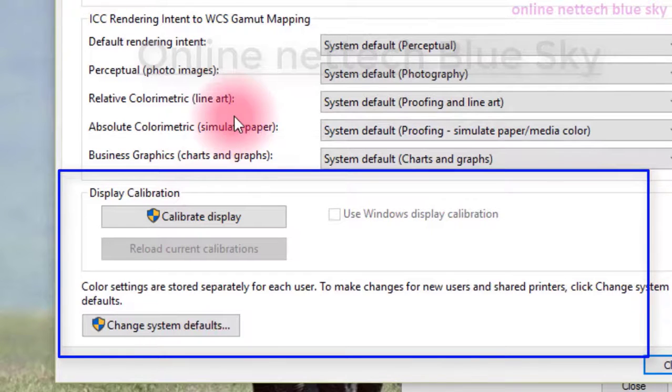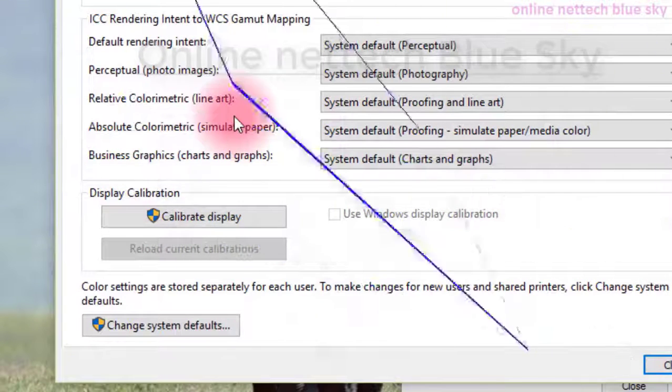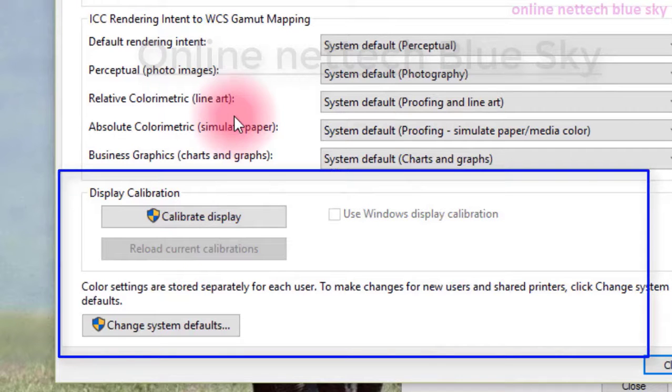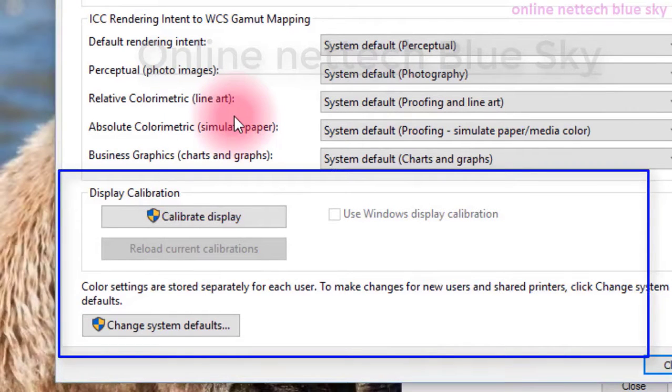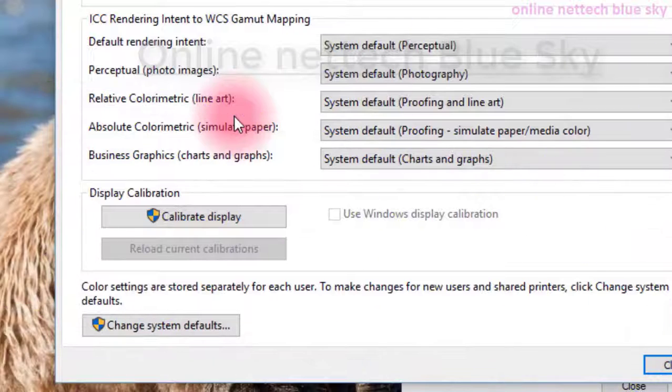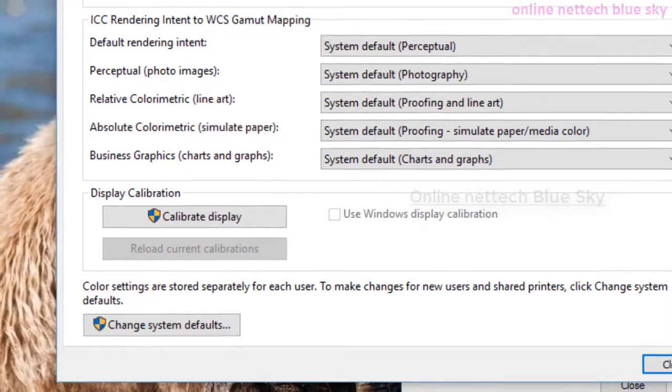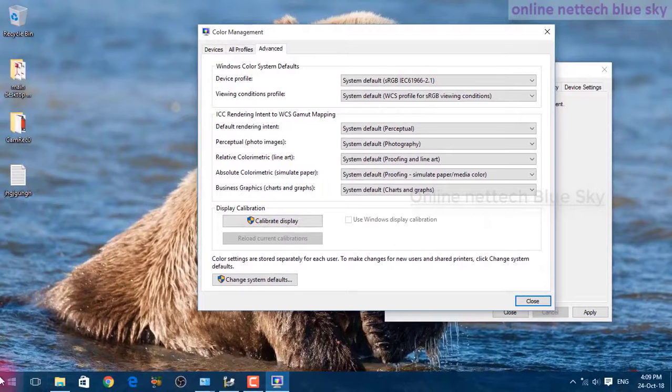So calibrate your system and your color settings and store them separately for each user and change them with your shared printers, and change your color management systems here. So this display calibration is very important for other computers.